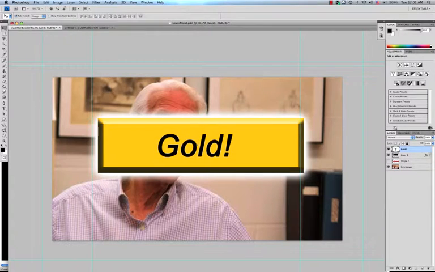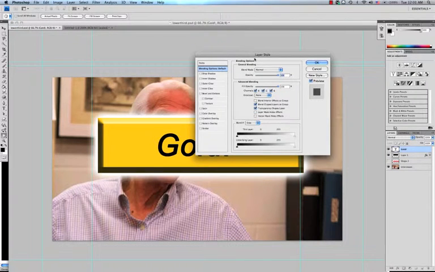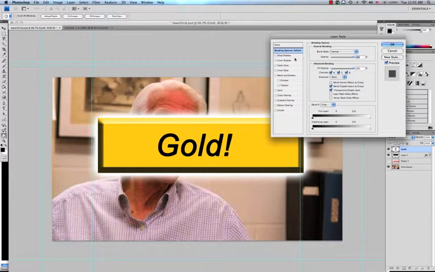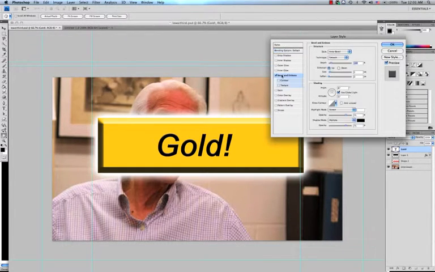Bring it over here, and the exact same thing that I did with the gold bar layer, we're actually going to double click on here, and we can bring up the layer styles on the gold text layer. So for this one, let's also bevel it. But let's go into the bevel features, and you can see we can switch it up. Instead of beveling up, we can bevel it down. Change up the depth,